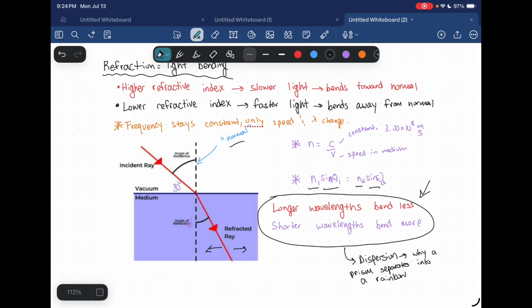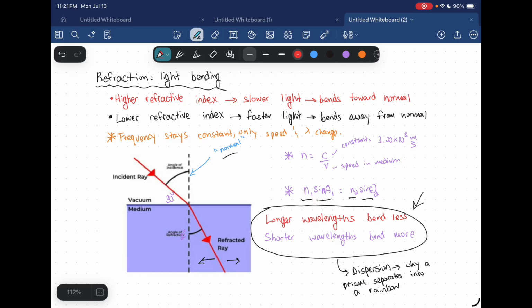And so far, we've talked about what light does. It bends, slows down, and separates into different colors. But why does light behave this way in the first place? To answer that, we need to take a step back and understand what light actually is. But before we get into all of that,